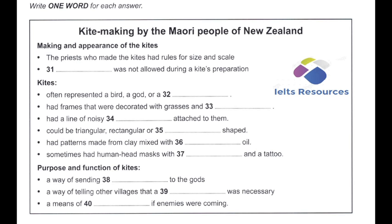Well, I'm happy to say there seems to be a revival and growing interest in kite making, and